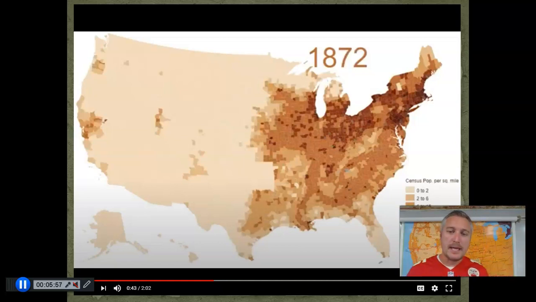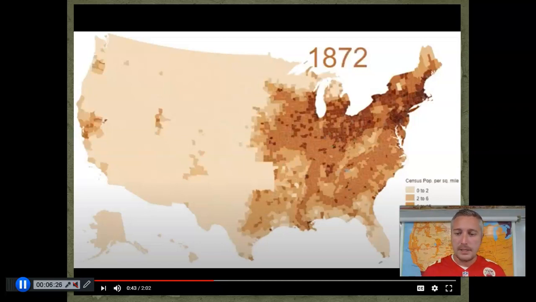But you'll notice by 1872, a lot of changes have happened here, right? It's no longer just the 13 colonies. Now, all of a sudden, after 100 years after the American Revolution, we have spread all the way through the area that we even populate. So if you look right here, I believe you can see my cursor. I believe that is Jackson County right there, if I'm correct. So, you can see that we've spread out. We've started populating even places like Missouri.